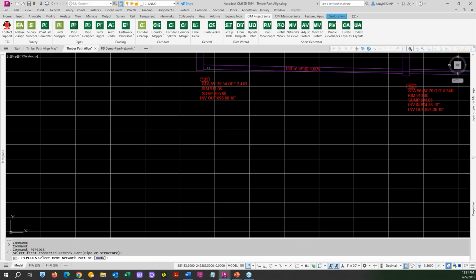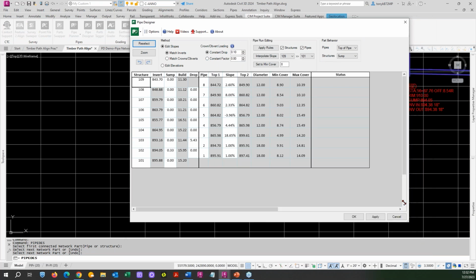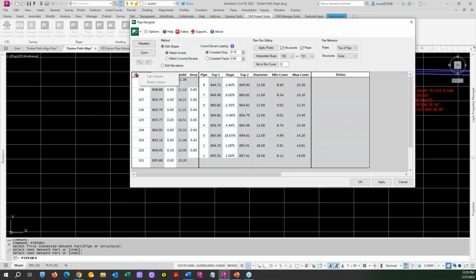Maybe you're designing upstream from that point, as you probably would in a storm situation. So you see I put our order here with 109 first. So 109 is first. And if I want to target that and I don't want that to move,